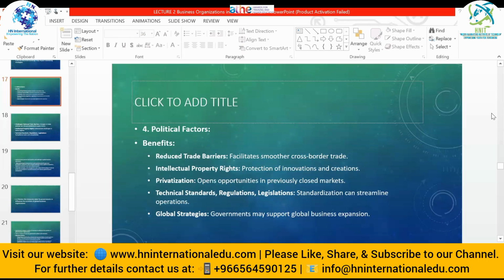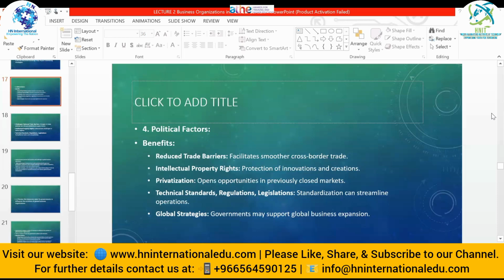Intellectual property rights. Now, the protection of innovations and creations, that is the USP, unique selling point. When we're going to be competitive in the industry, in the market, we're going to produce new and unique things. For example, there was no concept of solar system 20, 30 years back. There were windmills. People used to generate electricity from the windmills as well, and the normal water and oil electricity. But now, because they have innovated the solar systems as well, the taxations are liable on it.